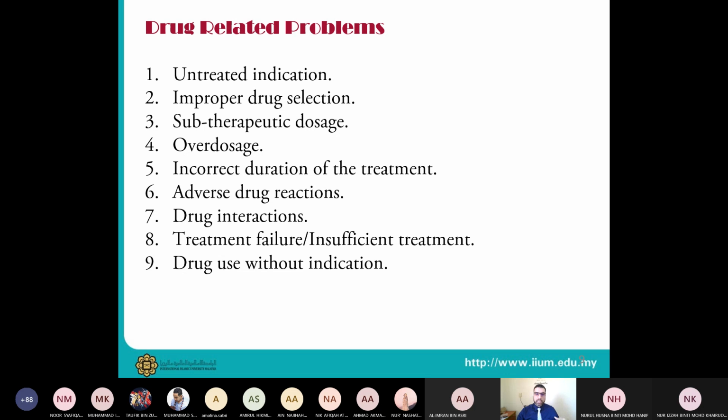But if you refer to guidelines, the duration is 7 days. So this is improper drug, incorrect duration of treatment. The sixth one is adverse drug reaction. So we ask again, you have to be very familiar with these DRPs and you have to memorize them by heart, because later, inshallah, you will automatically, without counting 1, 2, 3, ask yourself when